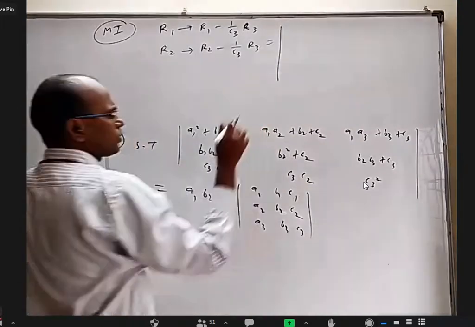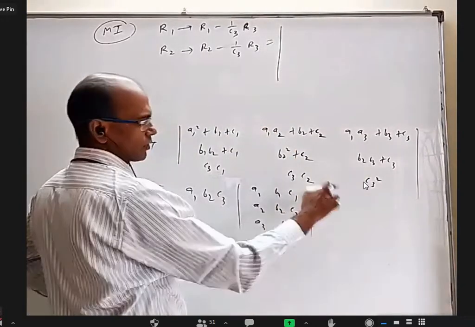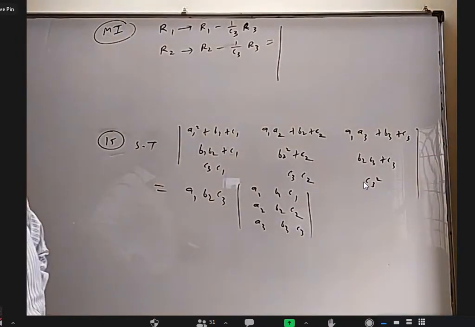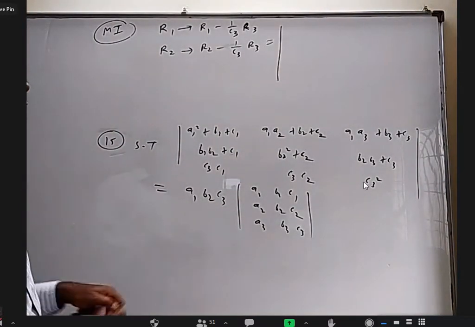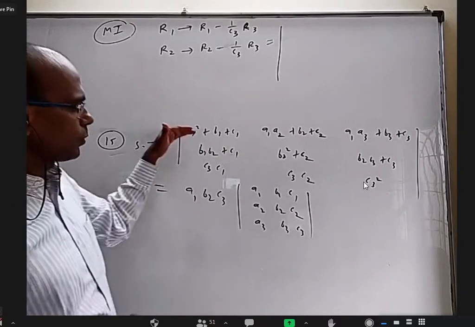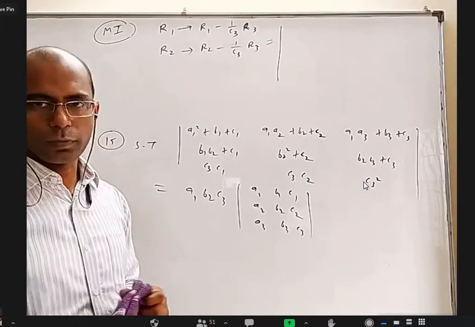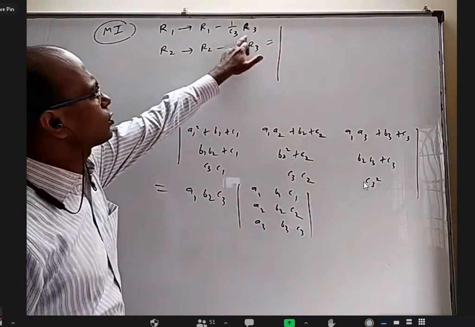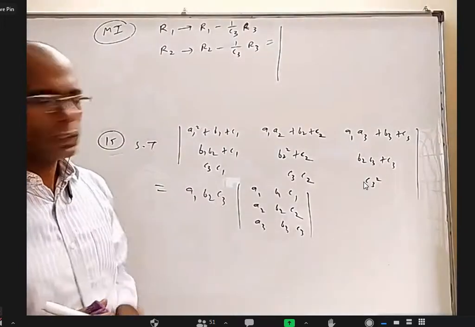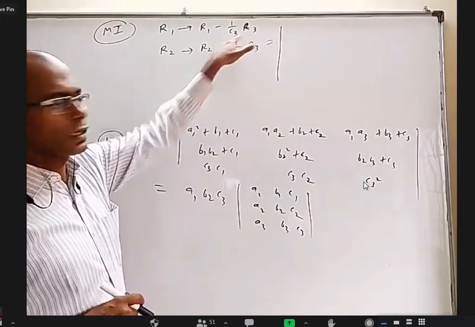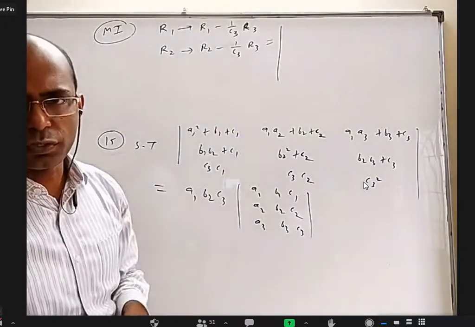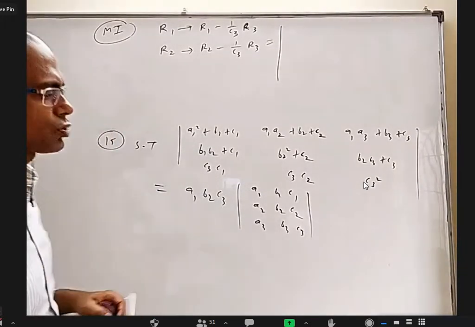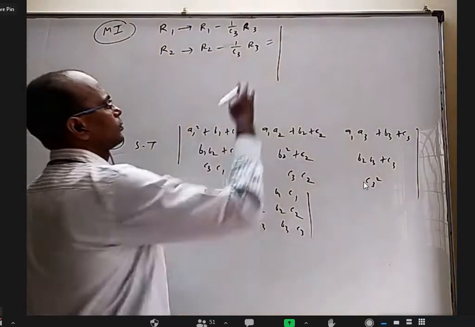In the first row, I'm now able to remove C1, C2, C3, so when I divide by C3 and subtract it. Sir, now you are doing 2 steps in a single step. I said, we can do a maximum of 2 operations in one step, no problem. But they should not contradict each other, because I am using the third row to change R1 and R2, so not an issue. If I were using, let us say, R2 here, am I using old R2 or new R2? There would be confusion, but I am not using it, right? Maximum you can do 2 operations in one step, not a problem.